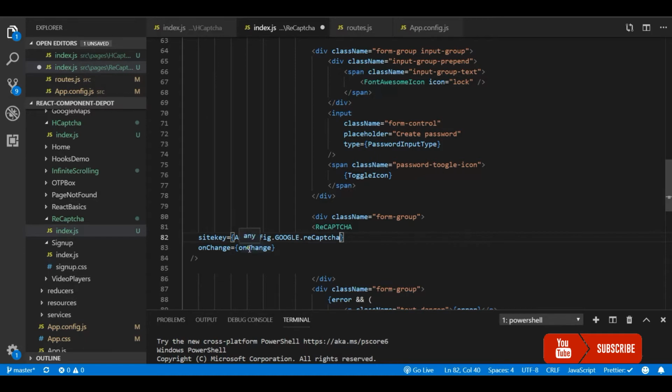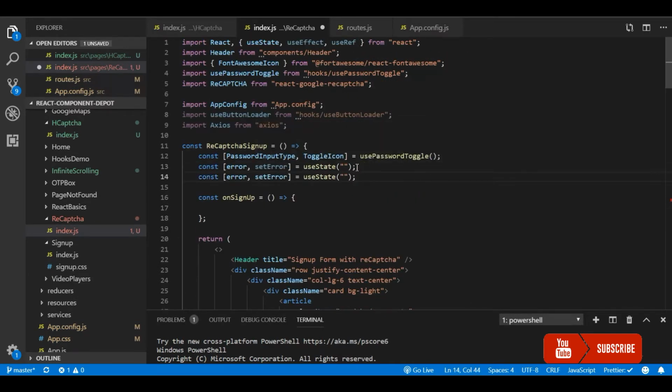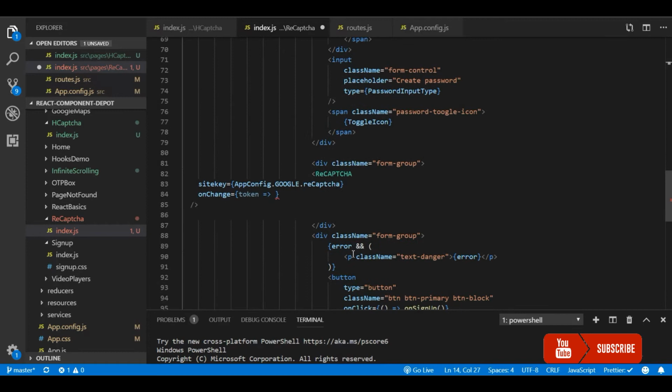So on the successful callback, we get the token and we'll set that token in our state for further processing and sending it to the server. So let me create a new state called token and setToken hook. So let me call setToken to actually set the state.